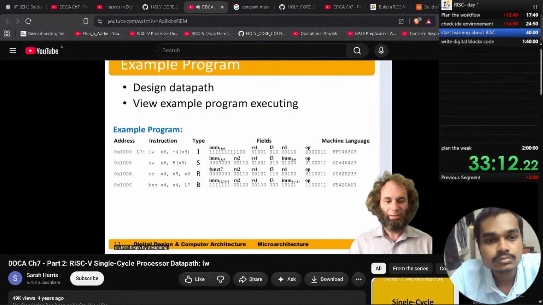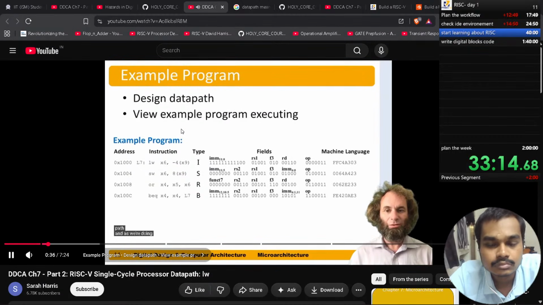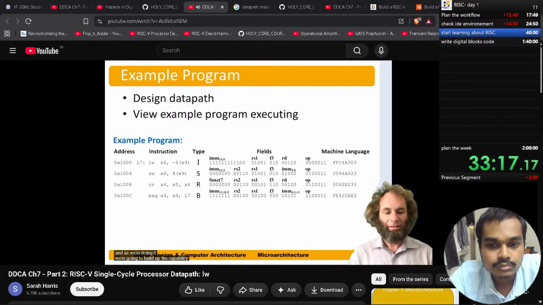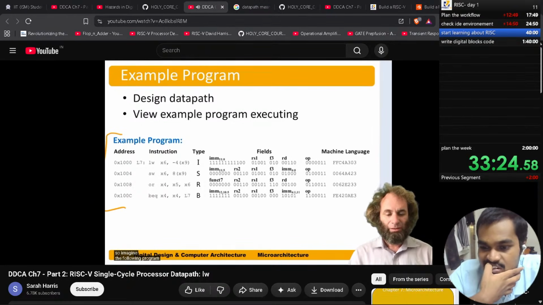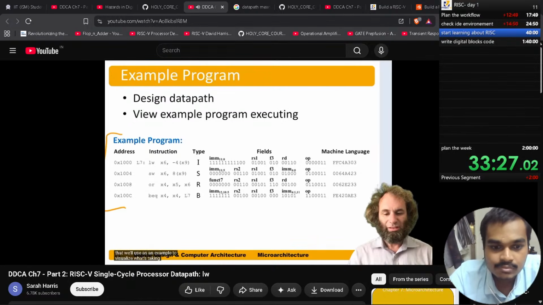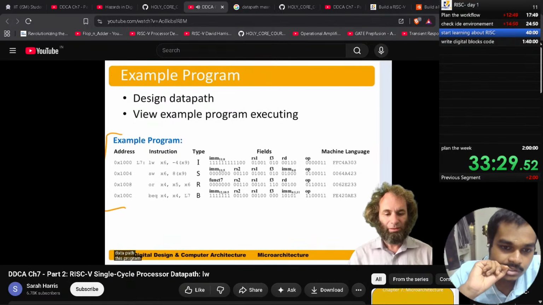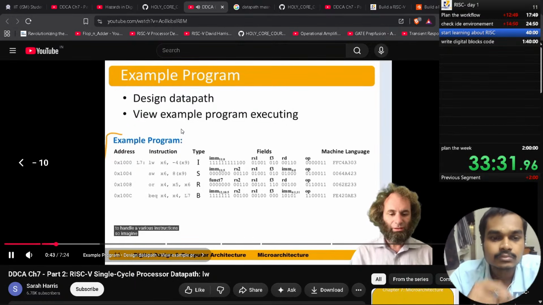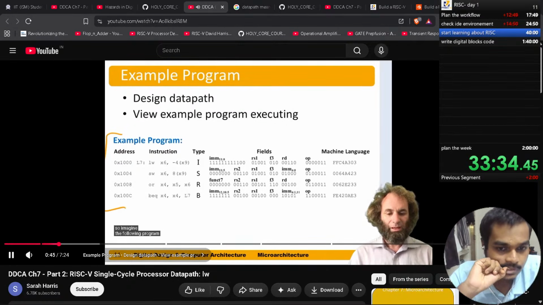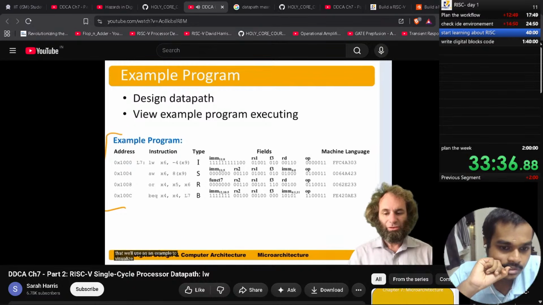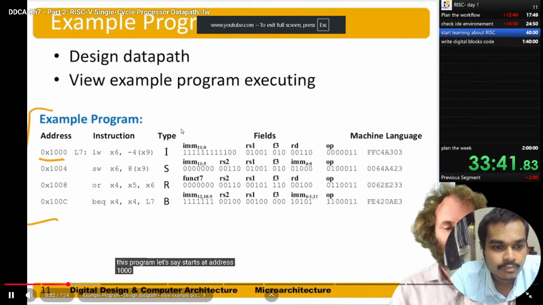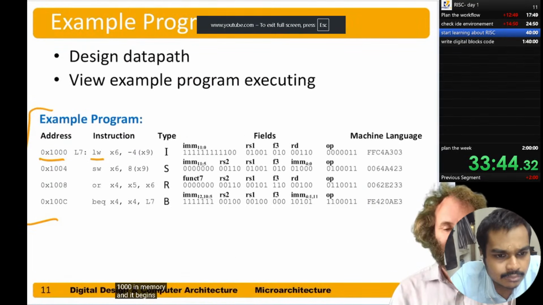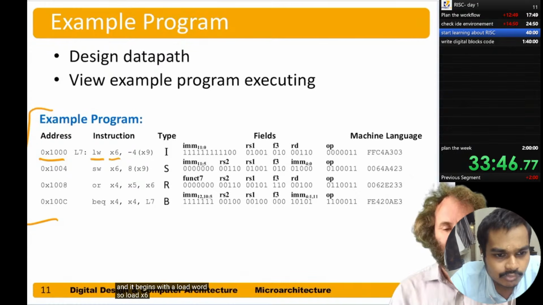So let's begin by designing the data path. And as we're doing it, we're going to build up the capability to handle various instructions. So imagine the following program that we'll use as an example to visualize what's taking place in the data path. This program, let's say, starts at address 1000 in memory, and it begins with a load word. So load x6